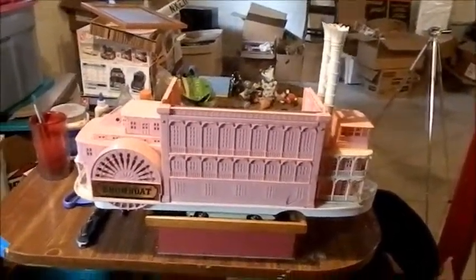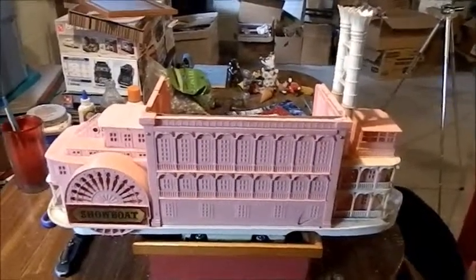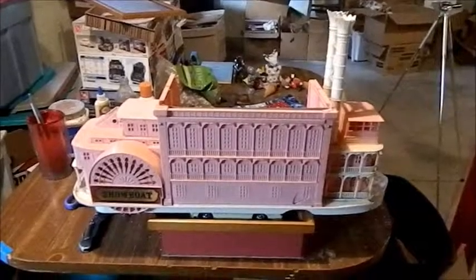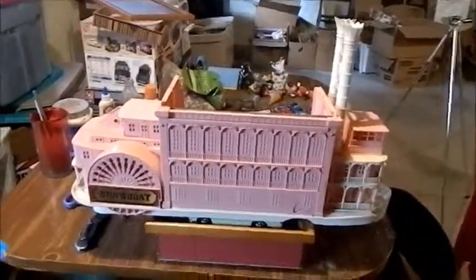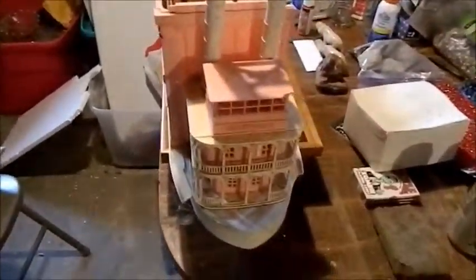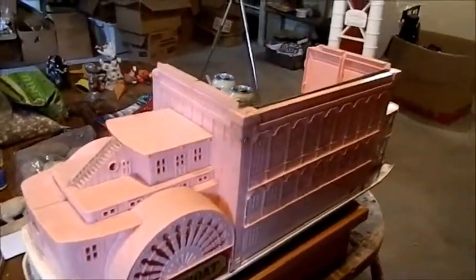Because I found a rather interesting piece to show you. It was actually made in 1962 by Remco Toys, and it is Showboat. Now, this Showboat is not in particularly great condition, but it's still in good enough condition to make it an interesting collectible. There's a stern wheeler, as you can see there, double smokestacks, and interestingly, as I turn it around,